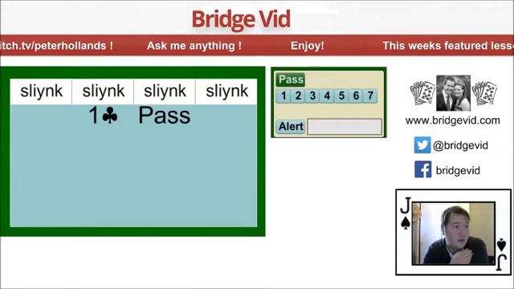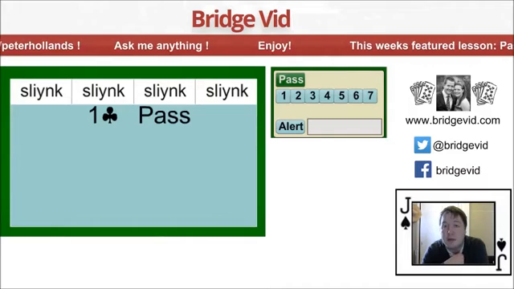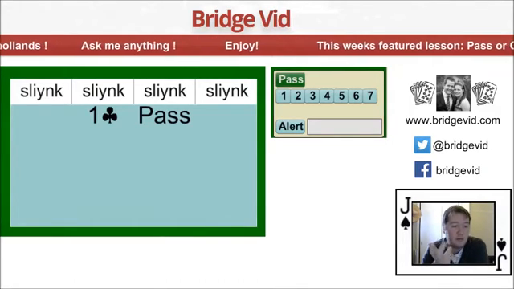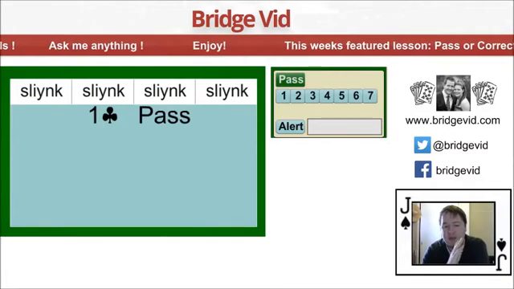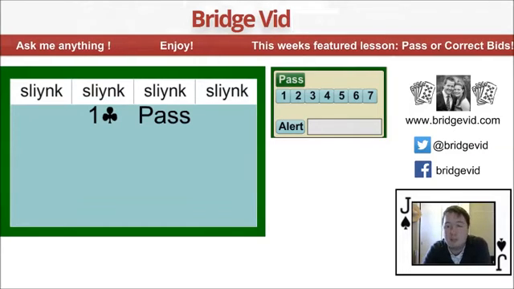So here I'm going to talk about responder strategy. So bidding as responder after partner opens at the 1 level, if they open 1 club, 1 diamond, 1 heart, or 1 spade. If they open 1 no trump, it's a different sort of thing to do responding. I've already created a responding to 1 no trump